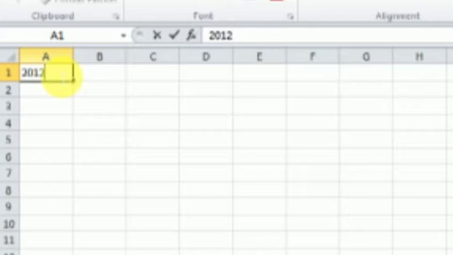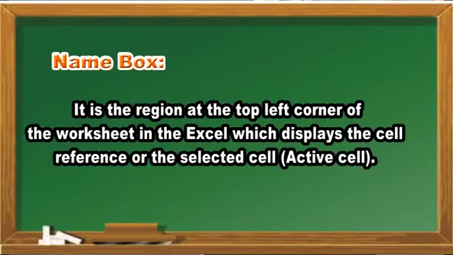So what is a name box? The name box refers to the region or the text field which displays the active cell address. It displays the name of the active cell.